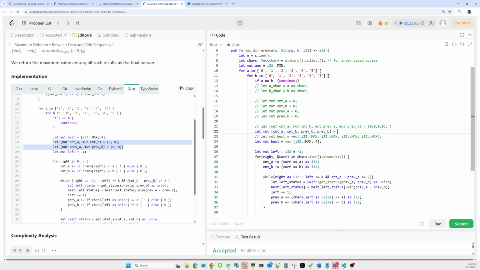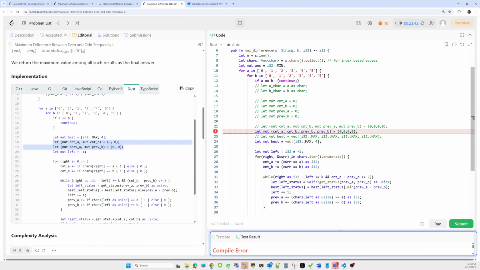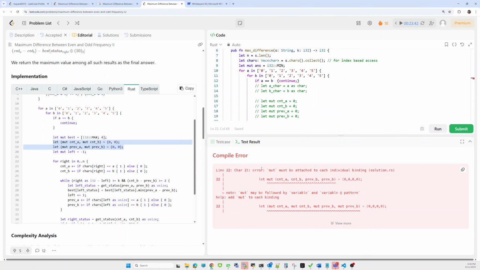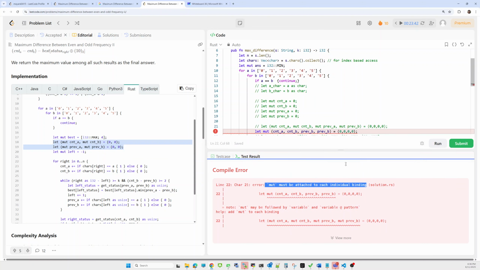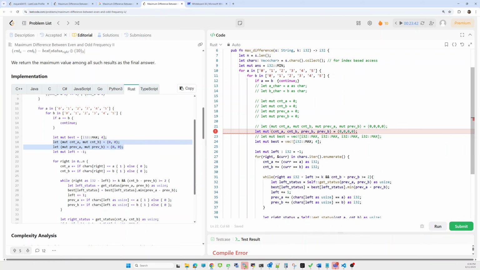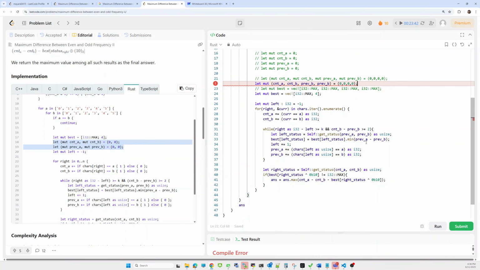Let's try this one also. Is it also possible? No. It gives me an error: mutable must be attached to each individual binding. Okay, here I have to attach mutable with individual bindings. I am not able to give it separately.